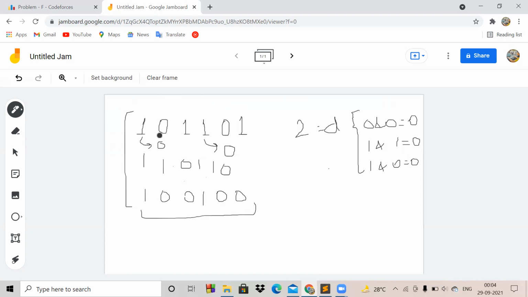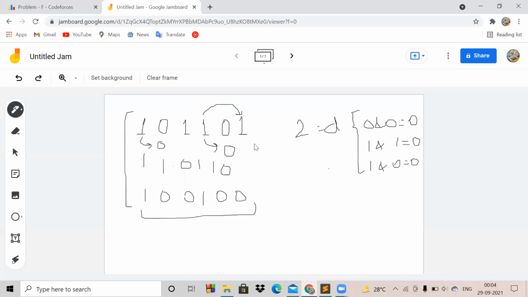So in the first step we can make these two elements 0, and now when this one has become 0, in the second step this one will make this element 0, and this one will make this element 0. So after the second step we have all the elements as zeros, because these were converted in the first step and this one was converted in the second step.